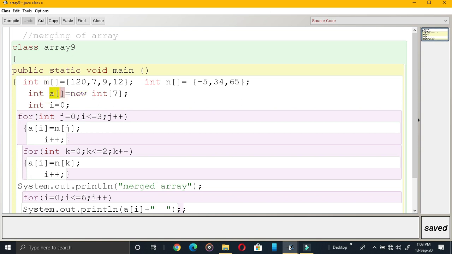I am picking up all the elements from M and I am going to keep those elements in A. So, what is the index position of this? It will vary from 0 to 3. Okay, that's why you see J is equal to 0, then J less than or equal to 3.